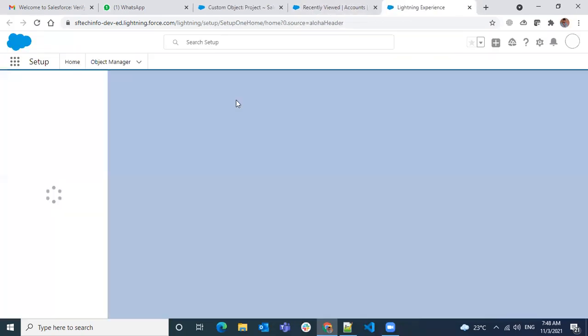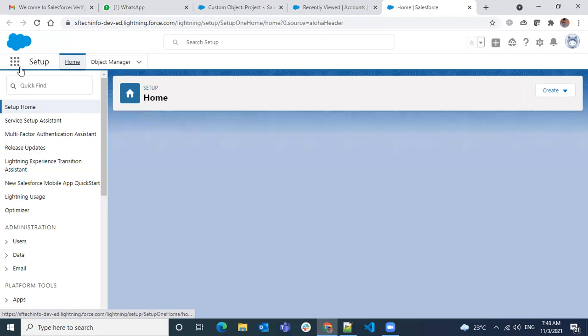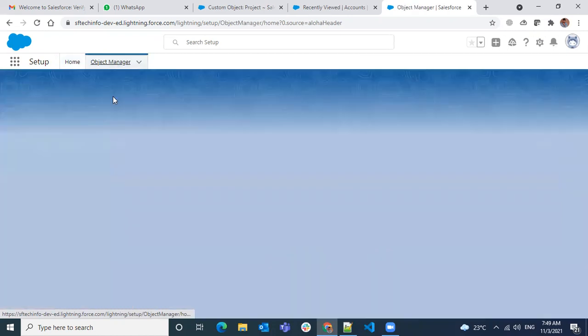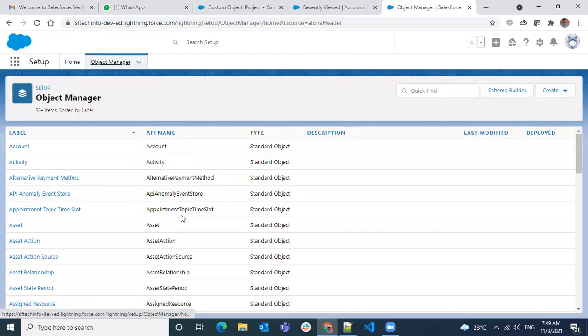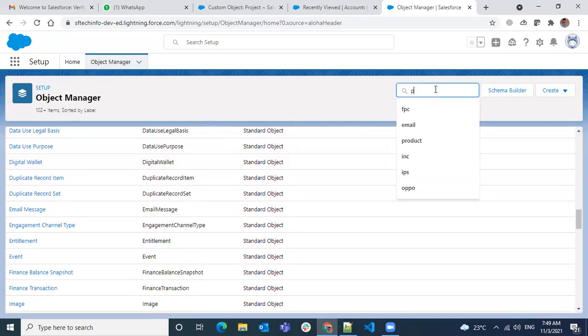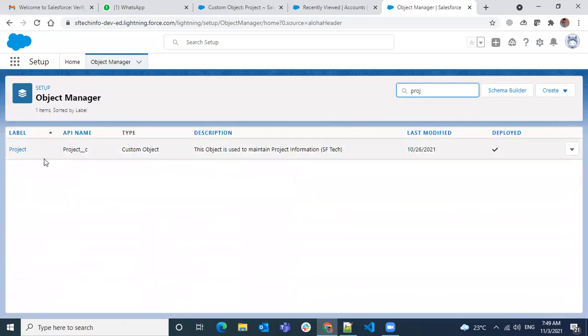If I go to Setup, see how it looks. There are only tabs called Setup Home and Object Manager. If you go to Object Manager, everything related to objects, whether standard or custom, is over here. You just search the object name, and you have some information over here.